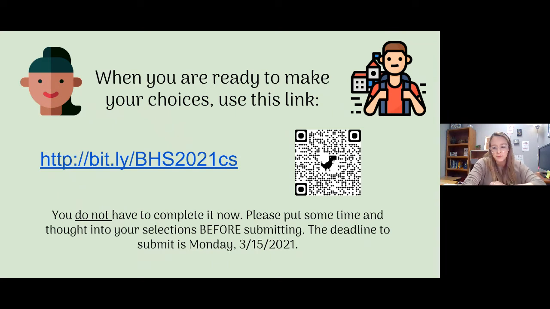What does it mean if it has a prerequisite? It means you should have already taken something, or you have to take something concurrently with the class. So there are prerequisites in some of our science classes. For example, if you're going to take AP Physics 1, you have to be either enrolled in pre-cal or have completed pre-cal. If you're not really sure about the prerequisites, definitely find out before you request it, because then we won't be able to put you in it.